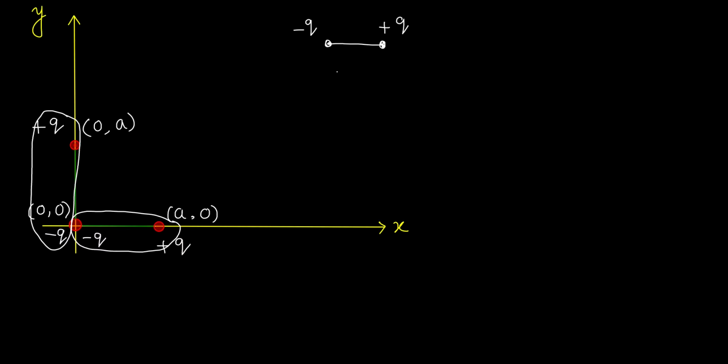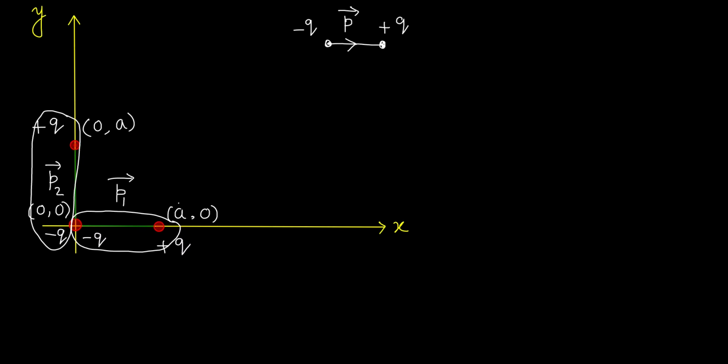And as you know, the dipole moment is a vector quantity and its direction is always from minus q to plus q charge. So in the diagram I have shown here, the dipole moment is directed from minus q to plus q charge, and it is usually represented by a symbol small p. In the question we see that there are two dipole moments. Let us say the first dipole moment is p1, from minus q to plus q charge, which means it will be directed in the positive x direction. The second dipole moment, again from minus q to plus q, will be directed in the positive y direction. Let us say it is p2.